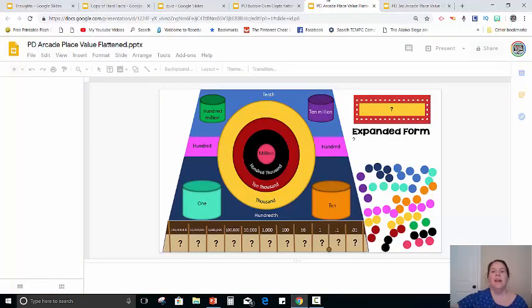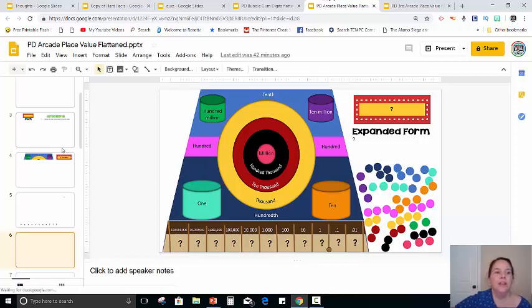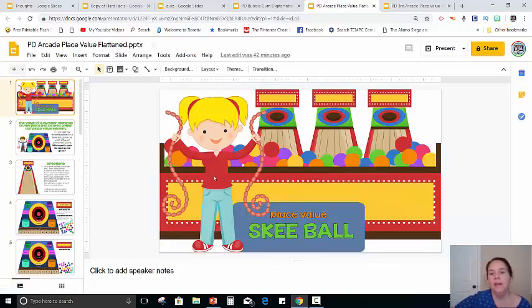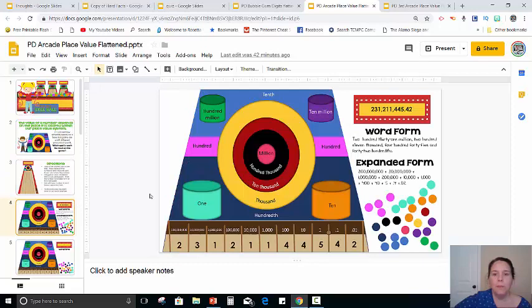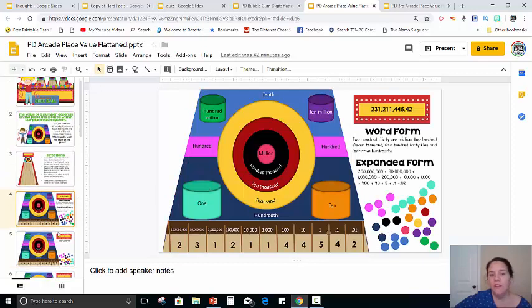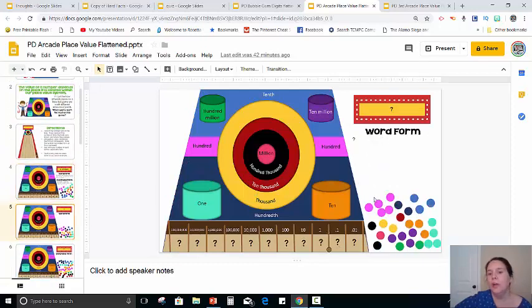Okay, so here we have an activity that you can see is very colorful just on opening it. It is Skeeball, so it's taking the place of a game. And so basically it has all the directions and everything the students need, and then they get to start working on their own problems. Now this is a very typical problem that we see across many grade levels where students